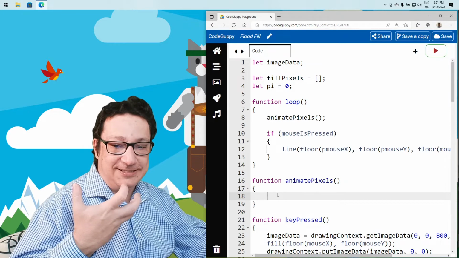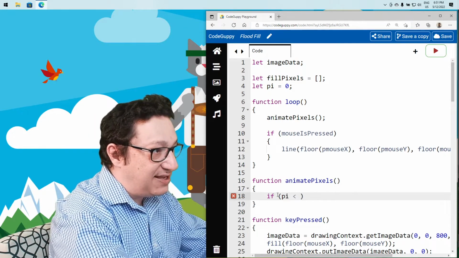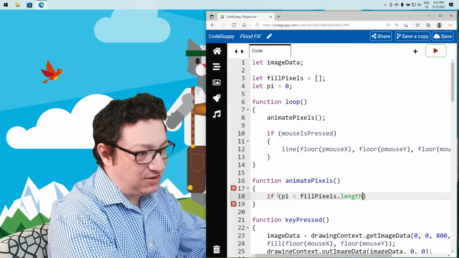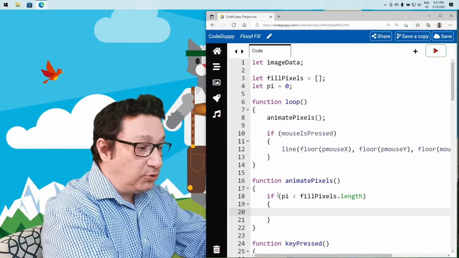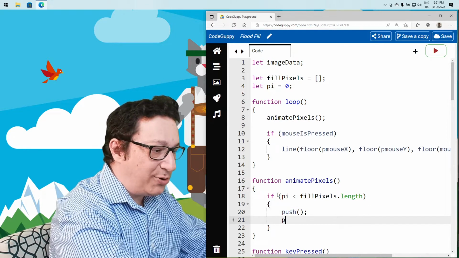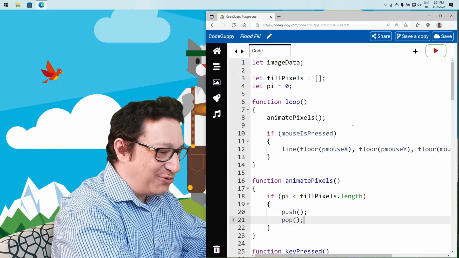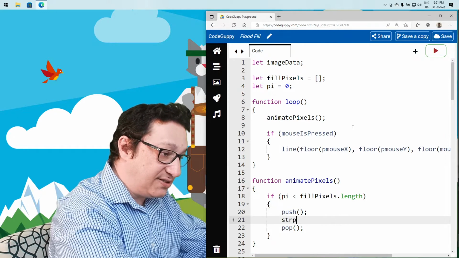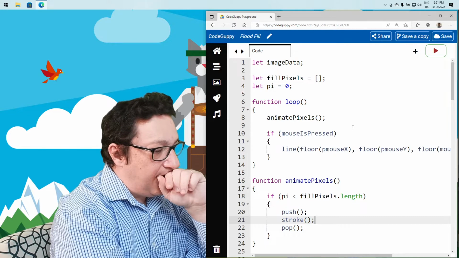So as long as pi is less than fill pixels.length, right? .length - 1. I think we are good with .length. Now, what we want to do, let's use a simple point here. We can manipulate the image data again, but I don't want to do calculations right now. Let's use a simple point here, right? So we're gonna use a stroke, and perhaps fill it with red,